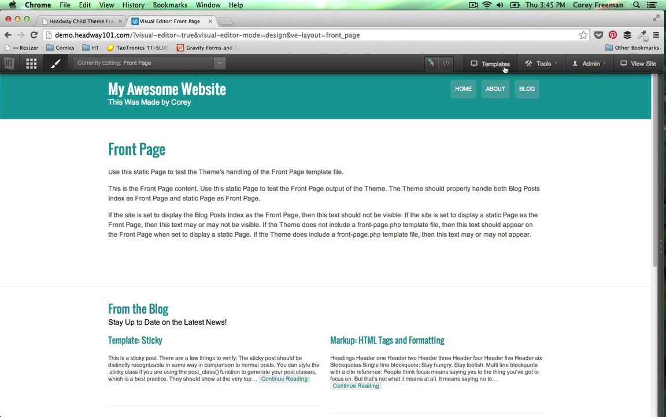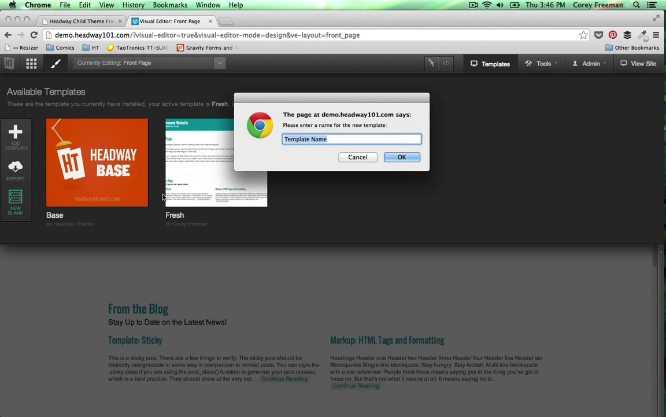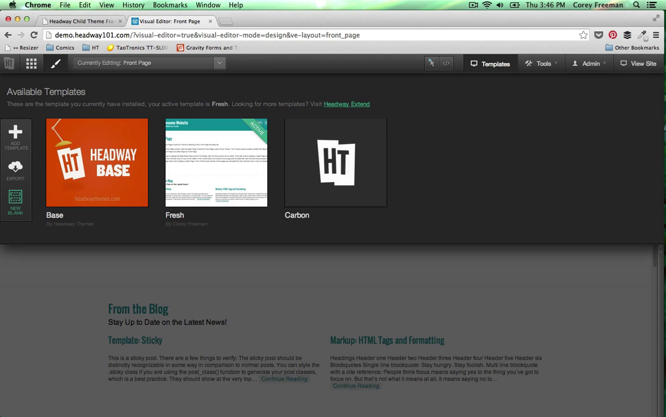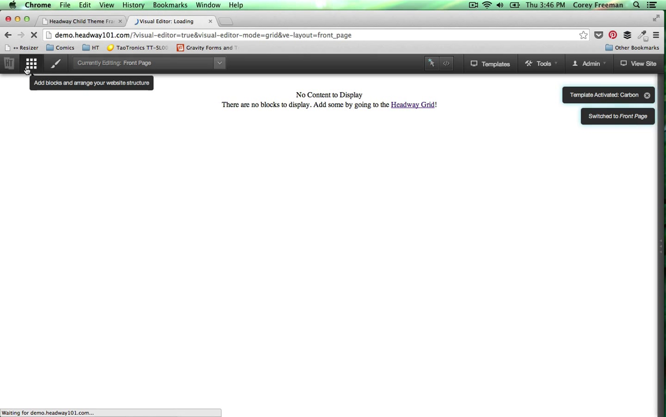But I'm going to go into design mode and go to templates and create a new blank one. And that's going to be the one we're going to work on. I'm going to call it carbon. Okay. And so by activating this template, I now have a completely fresh